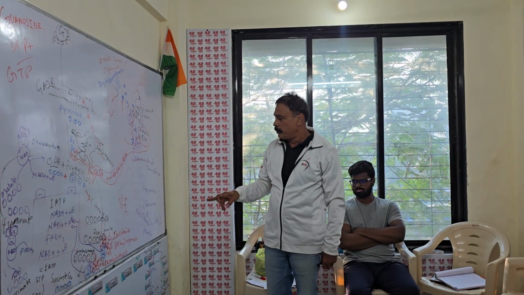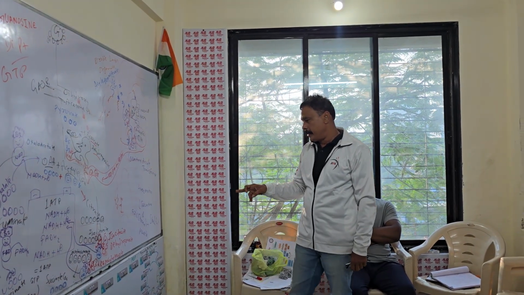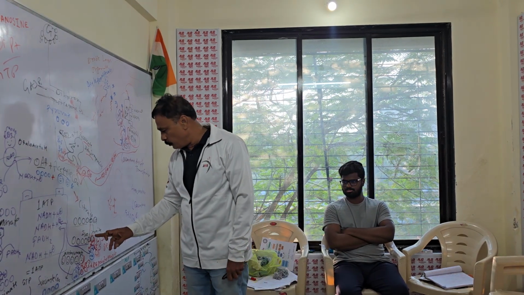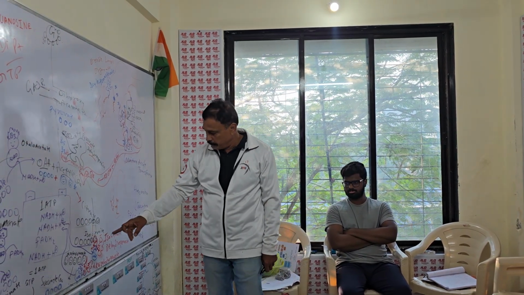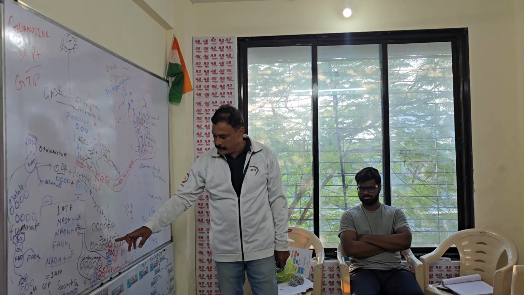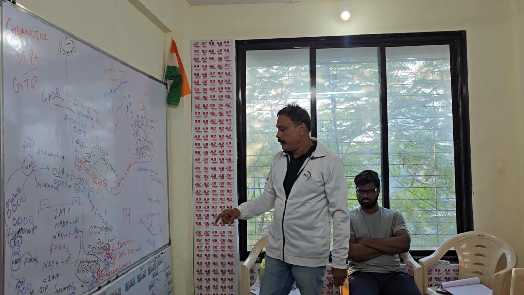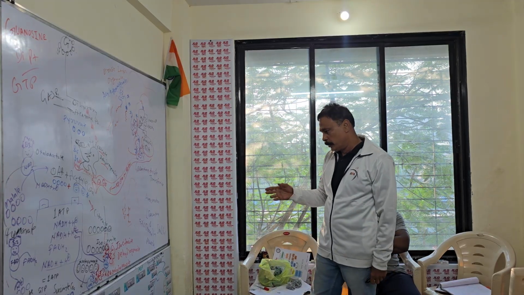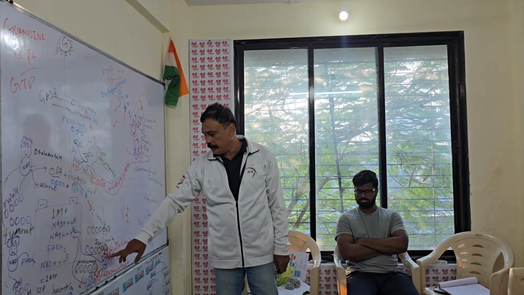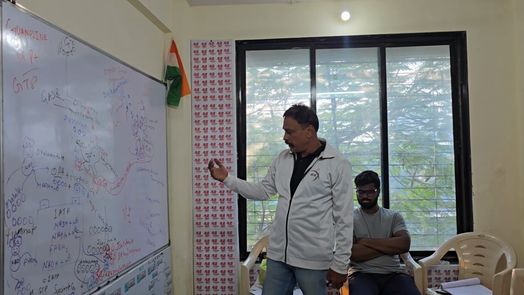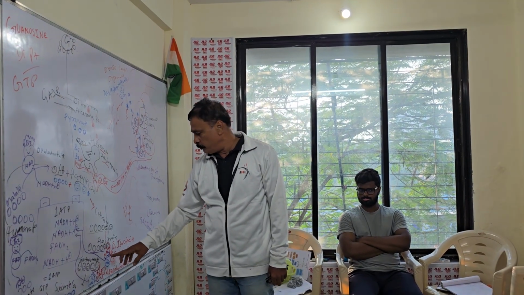There is an enzyme called isocitrate dehydrogenase, which will cut one carbon, and one hydrogen is released, and the hydrogen is captured by NAD, and then they produce one